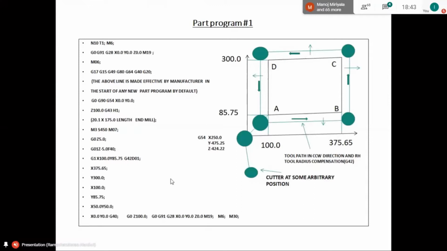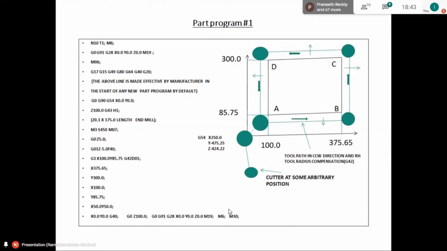Similarly, from this arbitrary position to the X0, Y0, the spindle center has to come without over travel or without committing any mistakes. So in such a case, the PMC will analyze and manipulate whatever data is required in order to come to the correct position as specified in G54.